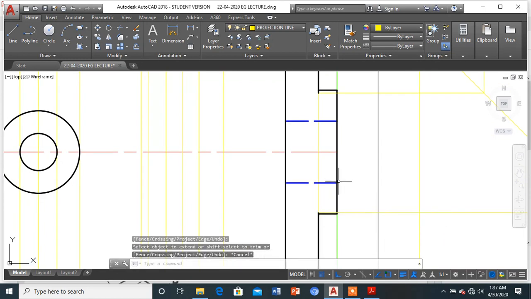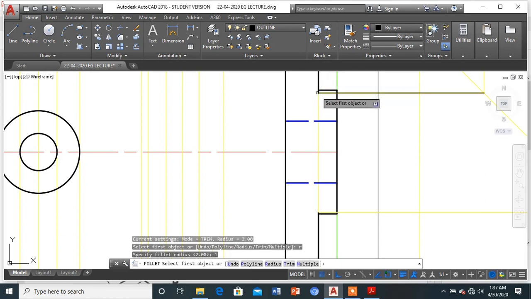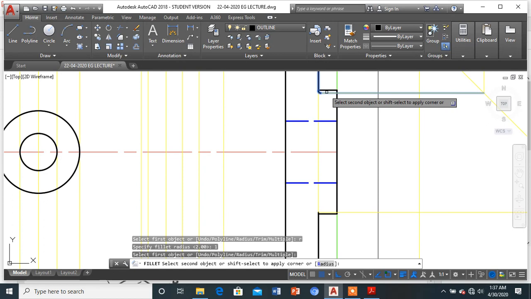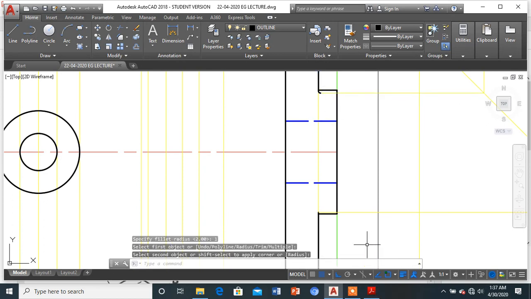Okay, if I see from the top for this particular view, there is a fillet. So there will be a small fillet. So like this, I'll be selecting the first line. Like this, I'll be selecting the second line. Small fillet of radius 1 mm. So it's like this. The same one will be there at the bottom like this.